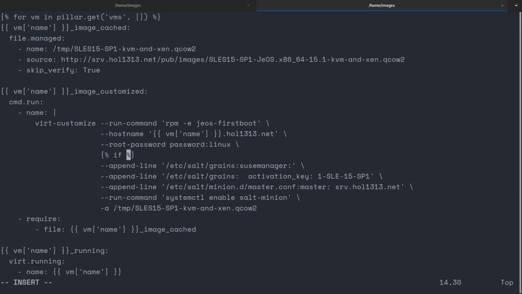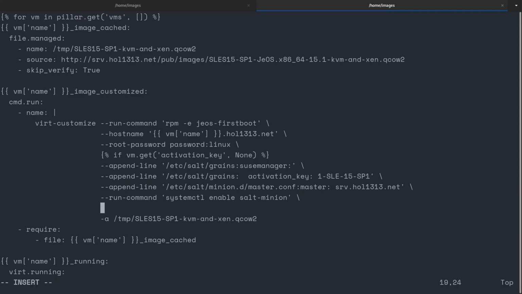So this could be pretty interesting to set the activation key, or even to not add it at all. vm.get activation key. We'll just add a none value. So if we have this and it's not none, then we can add the configuration